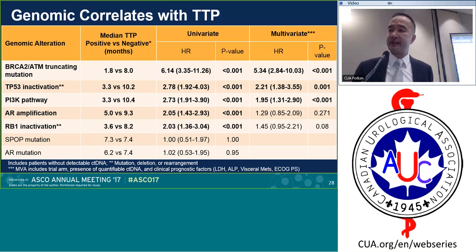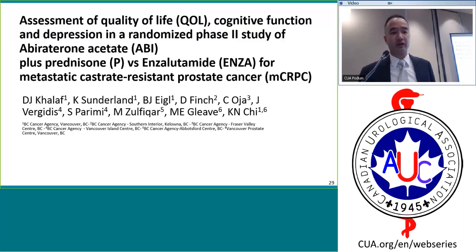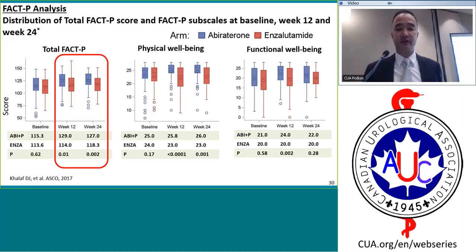And so when it comes to that question of who should get the docetaxel chemotherapy rather than abiraterone and enzalutamide, instead of using clinical factors, I would hope that we would be able to use biomarkers to select our patients rather than just using our clinical guess. The other part of this study was looking at quality of life and cognitive function, because there's this element of fatigue that we all talk about with enzalutamide, and it's never really been defined, and this was an opportunity to compare these two agents to see if there was a difference.